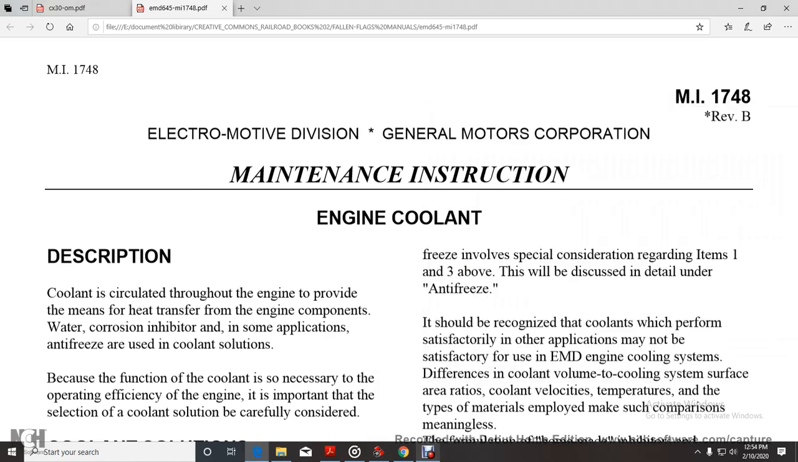Testing. Okay. All right, once again, your Electric Motor Division, General Motors Corporation, Maintenance Instruction 1714, Maintenance Instruction, Engine Coolant,